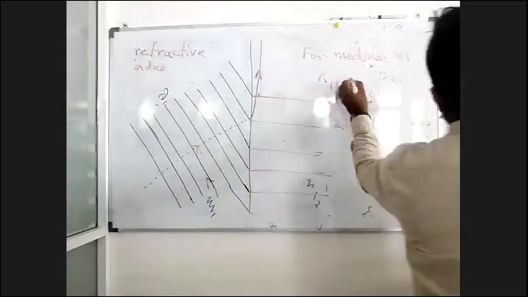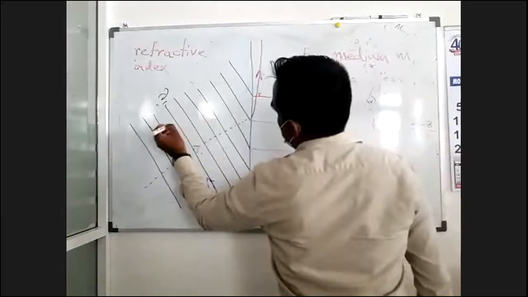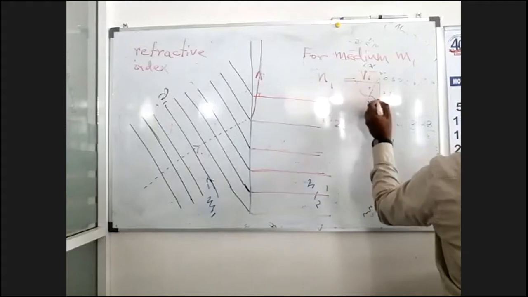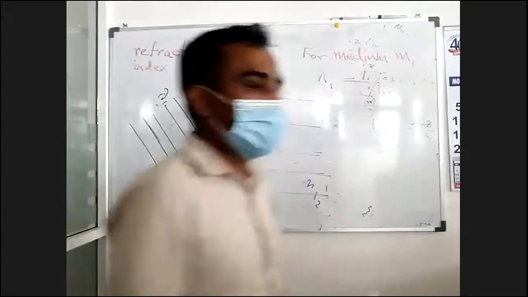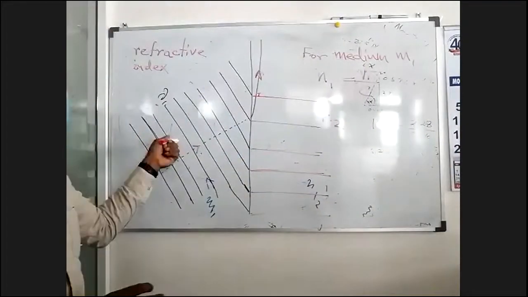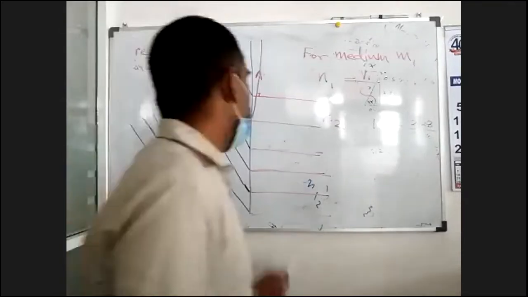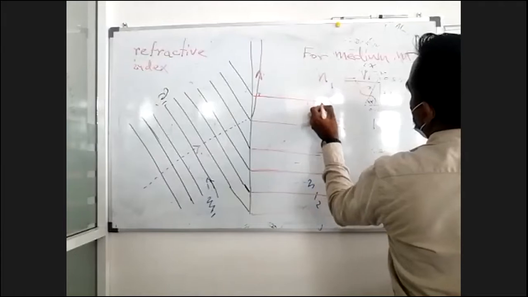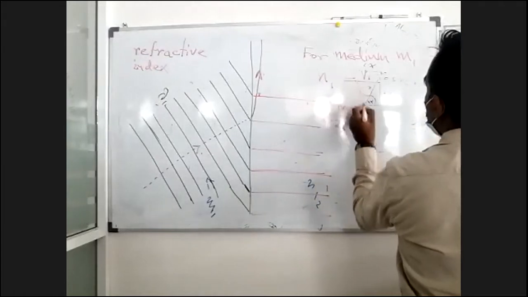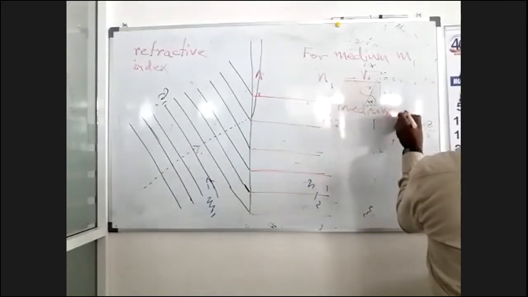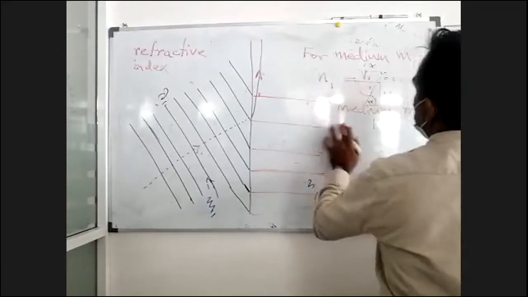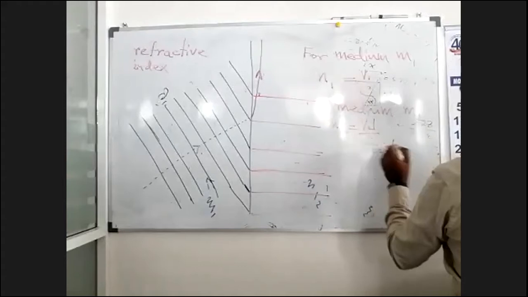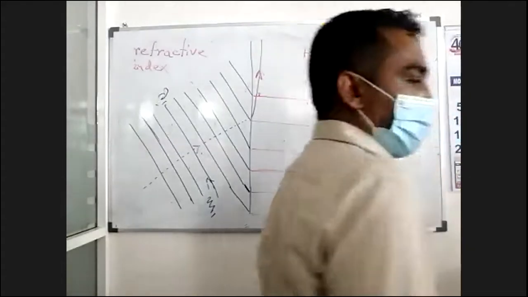N1 equals V1 upon C, where V1 is the velocity of this radiation in M1 medium. For medium M2, similarly, N2 equals V2 upon C. Then